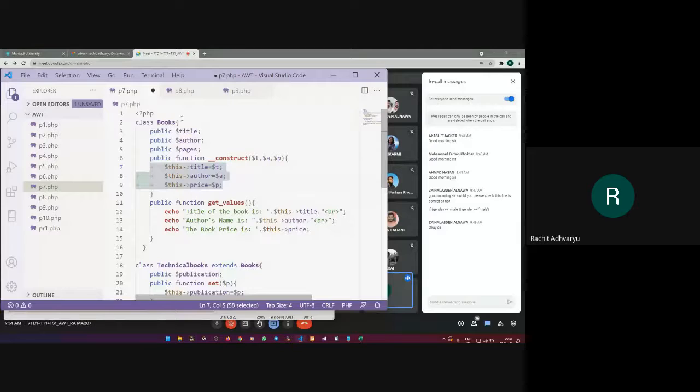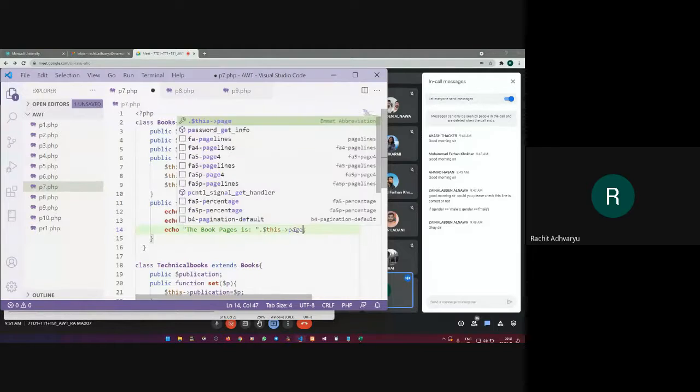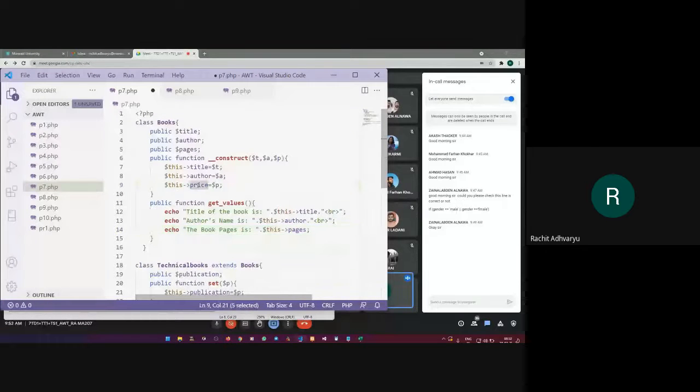The next function in this class books is get values. Now this function will be used to just print whatever values have been set for these properties. So I'm saying echo, title of the book is this, then again echo, the author name is this, and the book pages are here, pages, and here also I need to change pages, right?